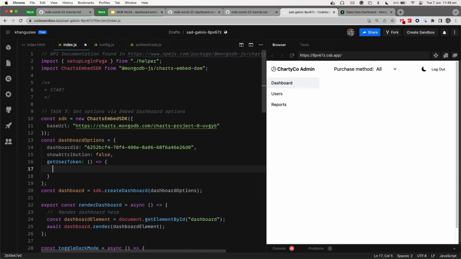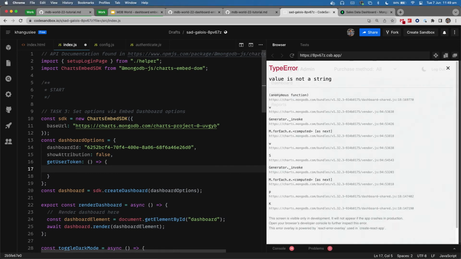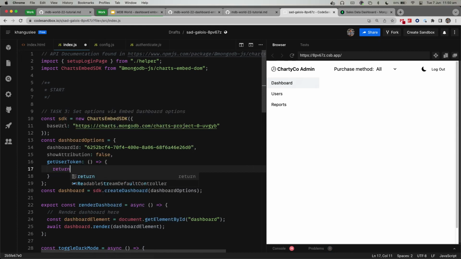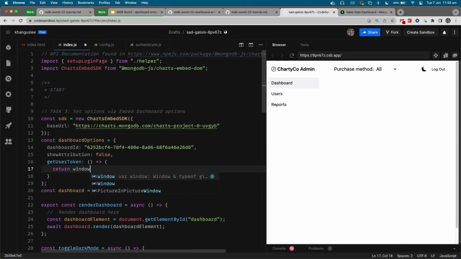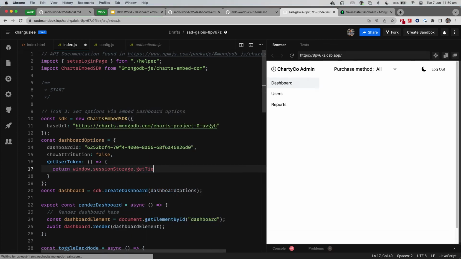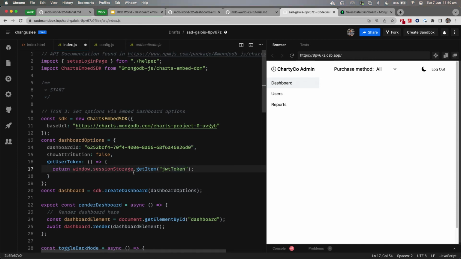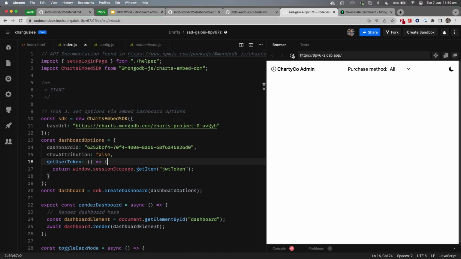Inside your code, it can call a backend API endpoint to retrieve a proper JWT token or Google Auth or whatever. But in this case, we've created a JWT token and stored it in your browser's session storage. To retrieve that, we need to call window.sessionStorage.getItem, and in this case the item is just called jwtToken, so lowercase jwt and token with a capital T. And that's it. So if I just save and refresh,